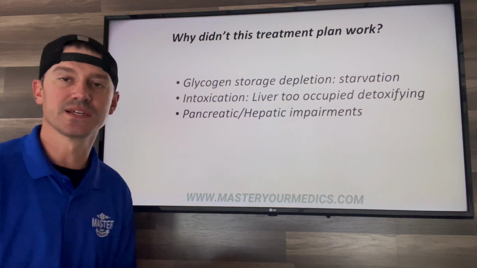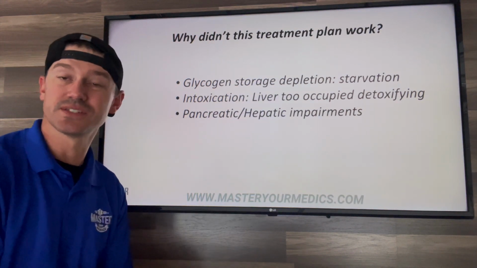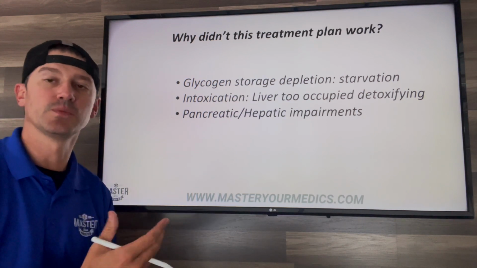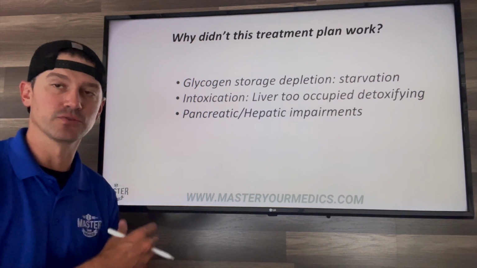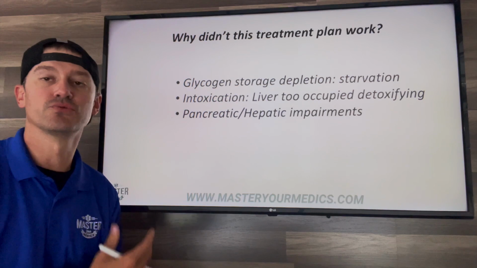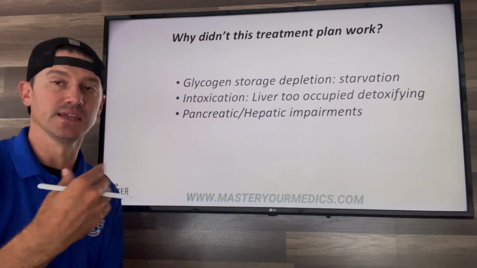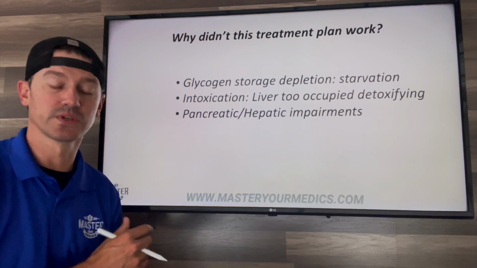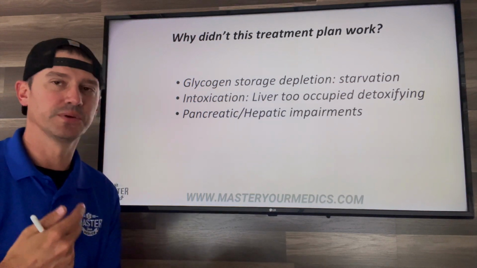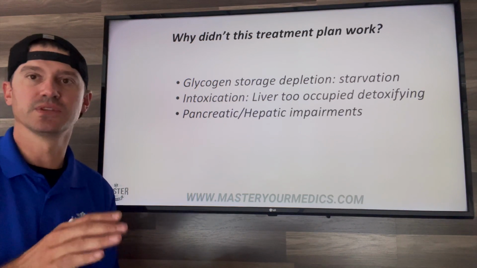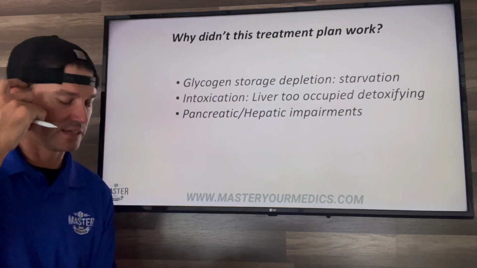Okay, so now let's break this down, maybe why this process didn't work for this patient. So you had the patient who traditionally we would start an IV, give glucose, simple dextrose to raise the blood sugar. It's a fast metabolite: get in, burn, get ATP production going and going and going again. But the reason, and backed up by research, there are a couple of different ways of why this does not work.